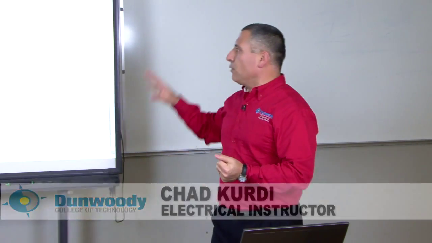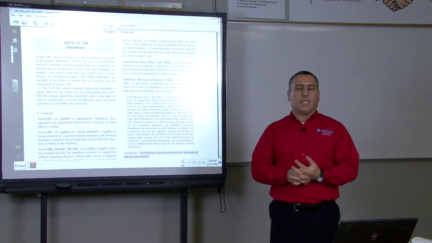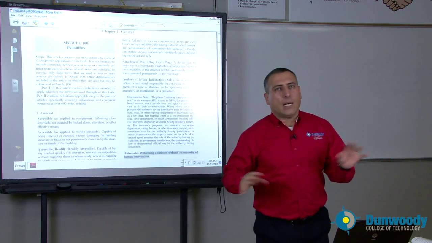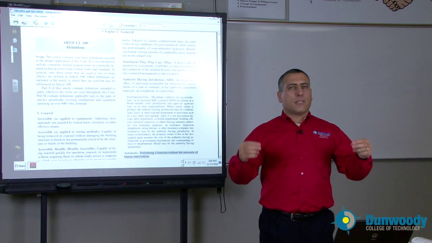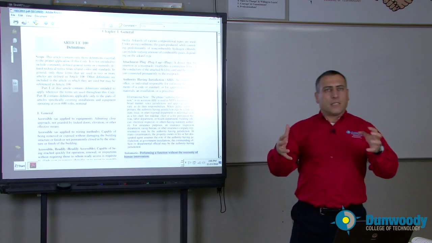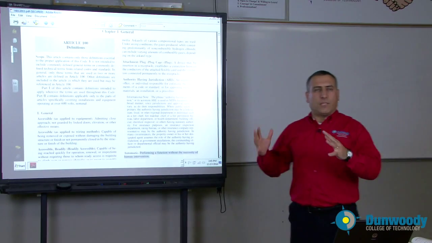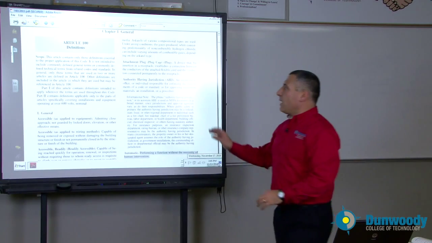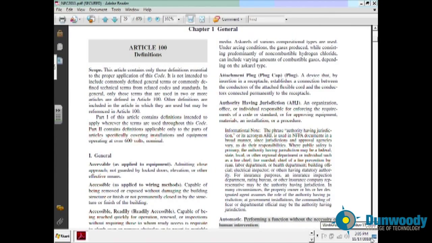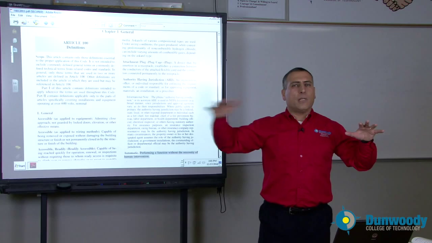This part we're going to zoom into the definitions, Article 100. You will not understand the National Electric Code unless you first understand certain definitions in the NEC Code book. I will be highlighting certain things, and I depend on you to go back and read them as you move along and understand what's going on in the NEC Code book. So I want to start in Article 100. You'll have the definition of all the terms that are used globally in the NEC Code book. I highlighted a few of them for you.